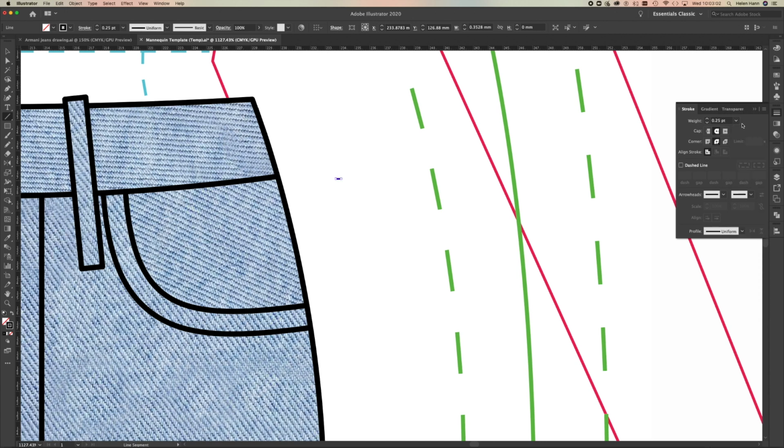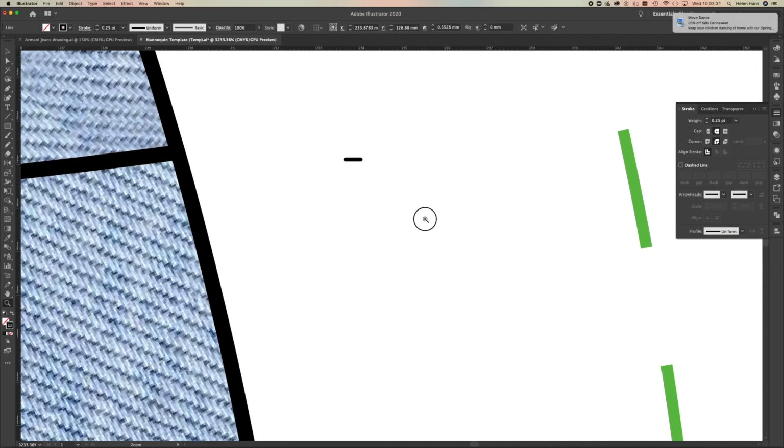Okay, some people like their stitch lines to be a bit thicker than that. That's okay. I prefer not to. I think your illustrations just look finer if the stitch lines aren't too thick. Plus also this is going to be a double needle top stitch, so it's going to be in parallel, and if it's too thick it just looks like a really fat line, so I'm not going to do that. So now I've got the idea of how big this is going to be. I can zoom right in,